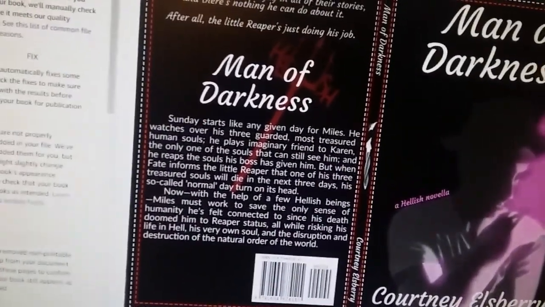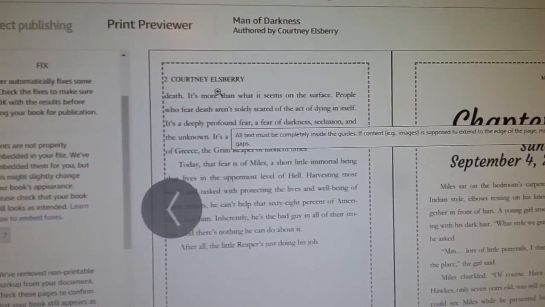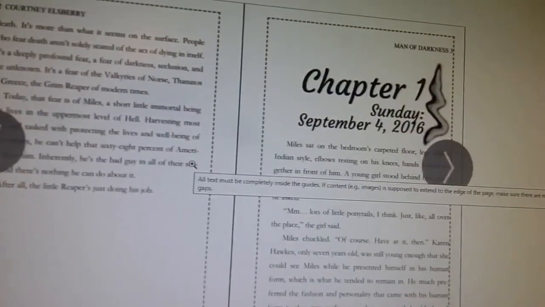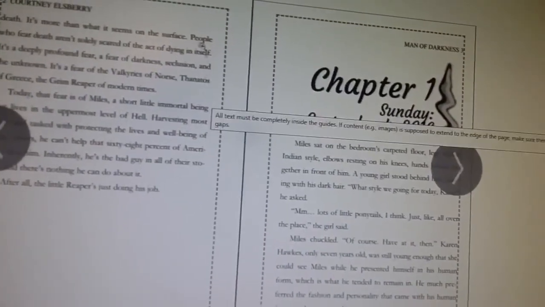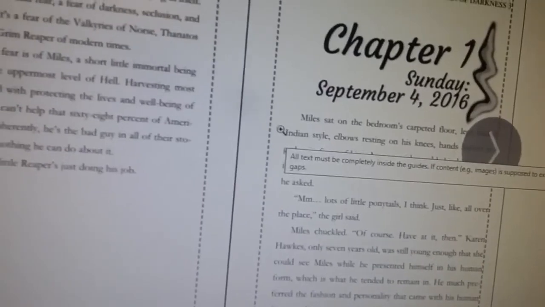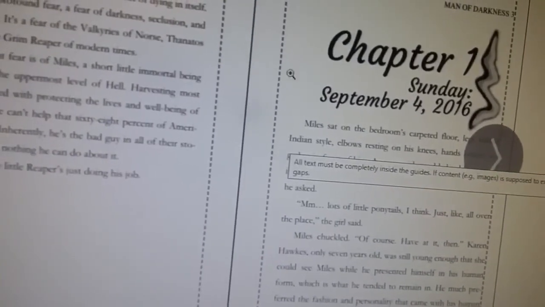So again, we're going to check these. This is that font thing. That's fine. It's still there. The next page now has my name on it like it's supposed to. These could come out more, but as you can see, that would mean fixing them in a way that I don't know, because on this page it's the